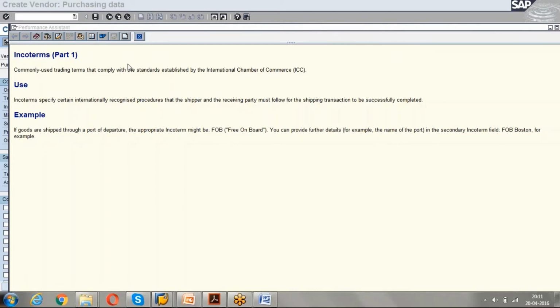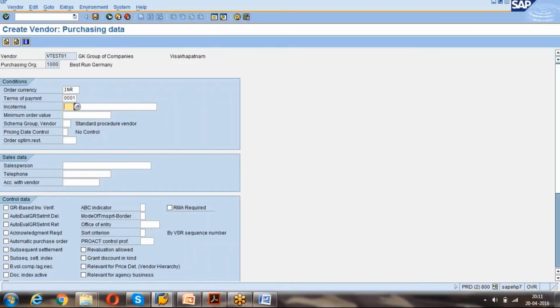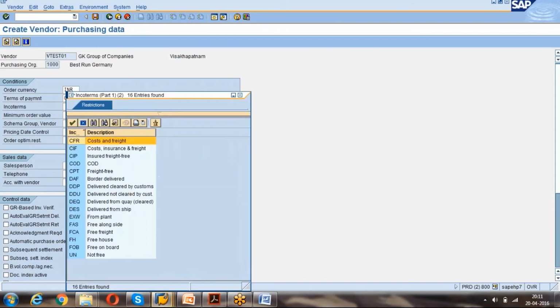See what it is saying: you can select the different Incoterms which are already available. SAP standard has provided them, because these are the guidelines. For example, this year ICC has provided 2 more new Incoterms that will be incorporated in this system.